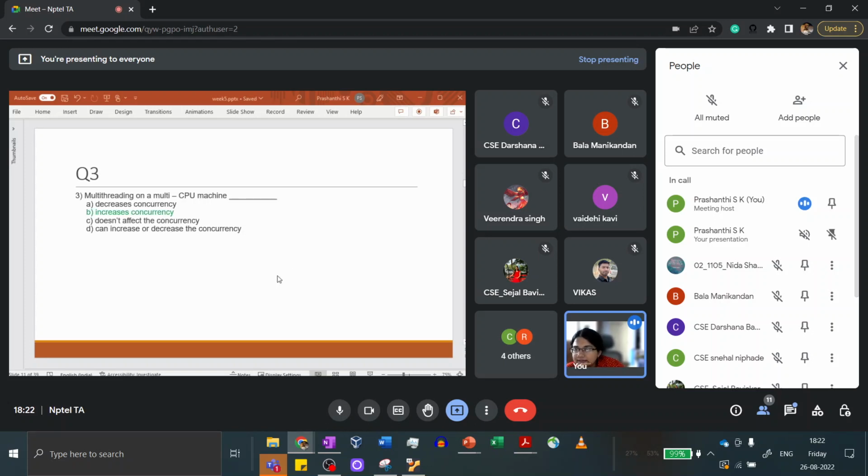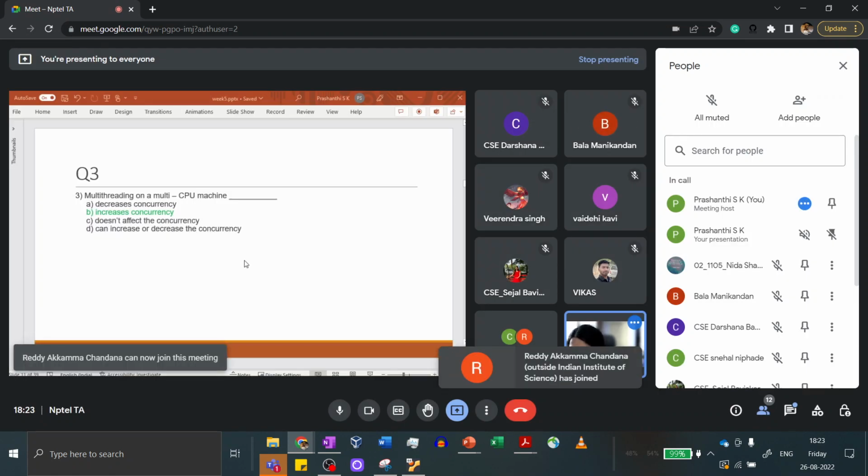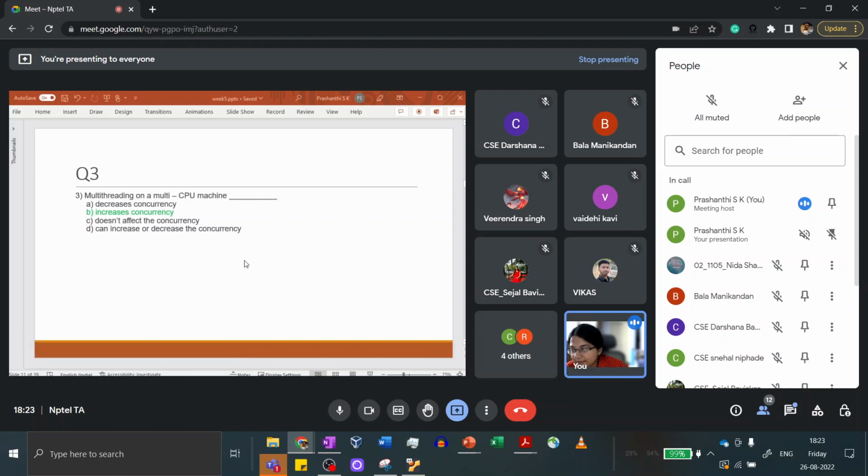Okay, let's look at the answer. Yes, it is increases concurrency, and I think this is a fairly straightforward answer, right? I hope you remember the definition of concurrency and also the difference between concurrency and parallelism from last time. So concurrency need not be parallelism, but it could be parallelism, as in concurrency includes parallelism. Concurrency is basically when you take a look at the progress that multiple processes are making, and over that window it looks like all of them are simultaneously making progress, but they need not be running